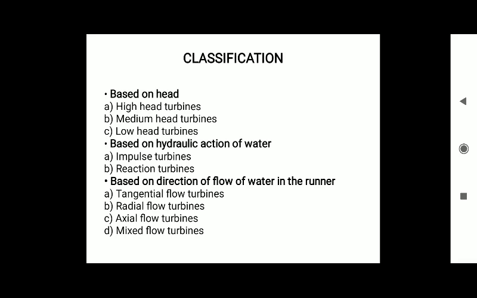Okay, so till now we have read three types: tangential, radial and axial. Tangential means it should be tangential to the runner blade. Radial means it should be perpendicular to the axis of rotation of the shaft. The third one is the axial flow turbine, which means the flow of water should be parallel to the axis of rotation. And the last one is the mixed flow turbine. What do mixed flow turbines mean? Mixed flow means it consists of both radial and axial flow. The water coming to the runner blade should be perpendicular, and the water coming out of the runner should be parallel to the axis of rotation of the shaft.